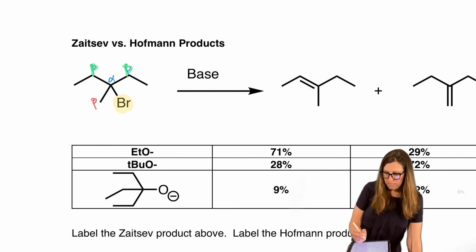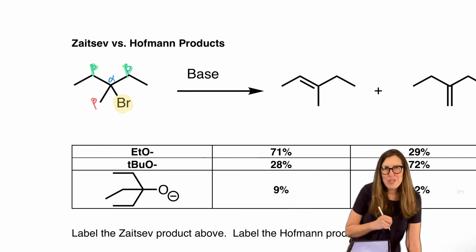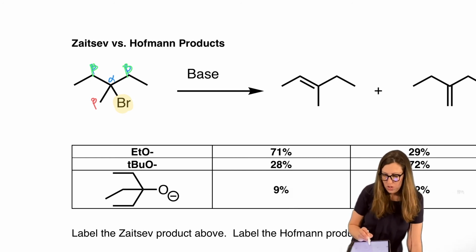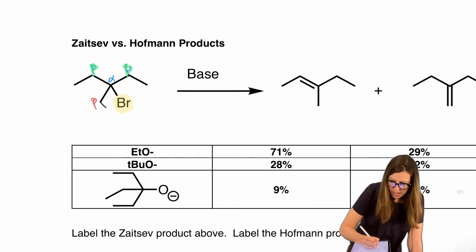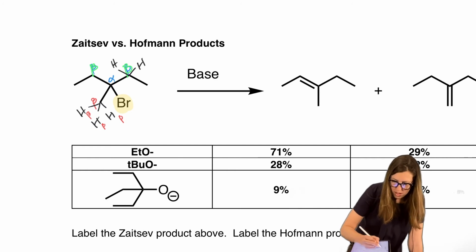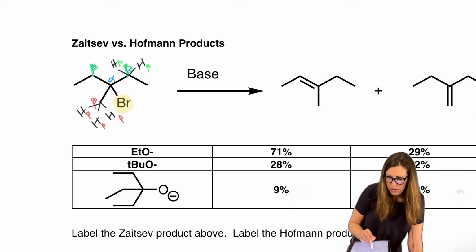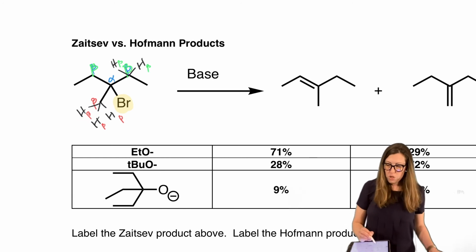Okay, so when all our groups are not equal, we have another way to have different outcomes. So notice that we could take, let's draw in our possible H's now. So beta H, yes, this carbon has 3 H's. All of those H's are equivalent, right? So there's no reason it would take one over another. So in the future, we will probably only draw in one, but I'm just going to spell that out right now. So the idea is if the base takes off this H, we're going to have a different product than if the base takes off this H. And so the two possible products are shown here.